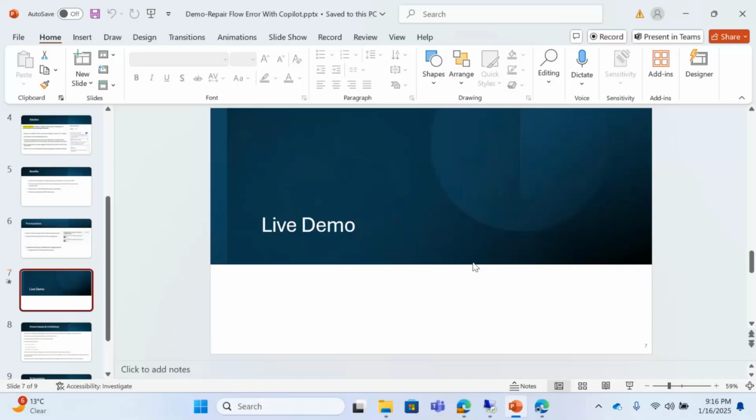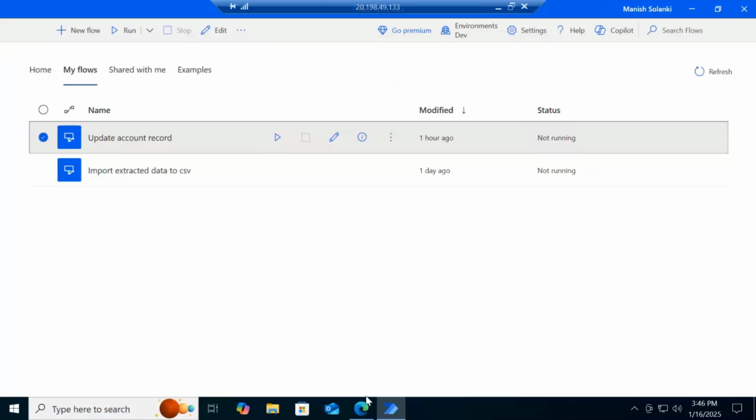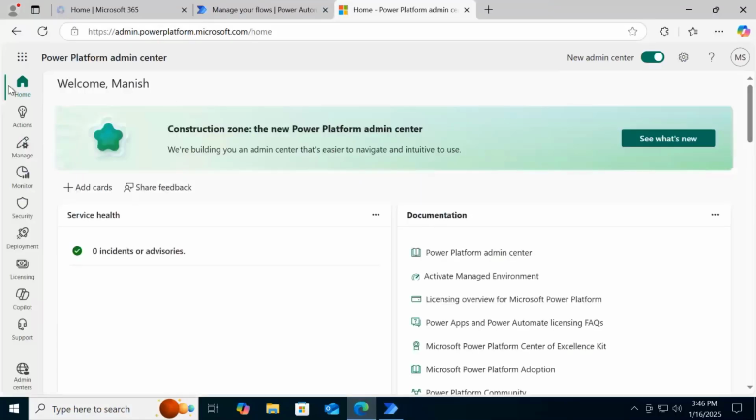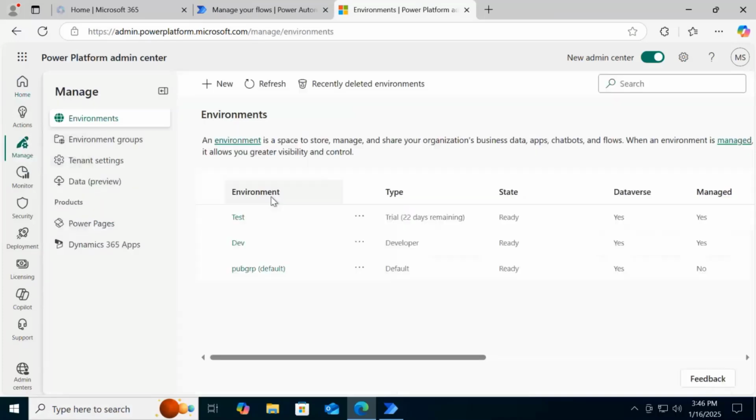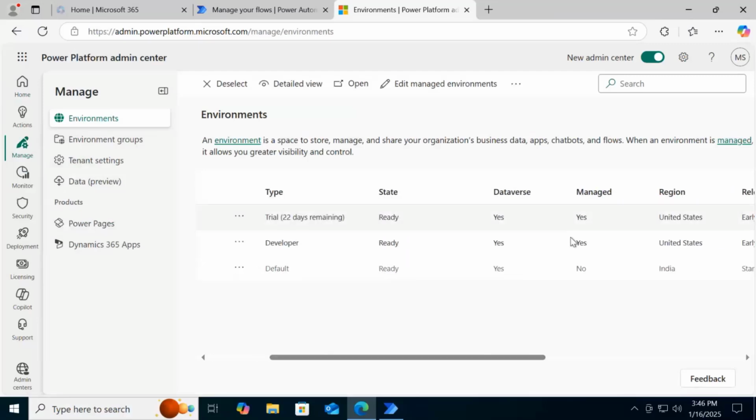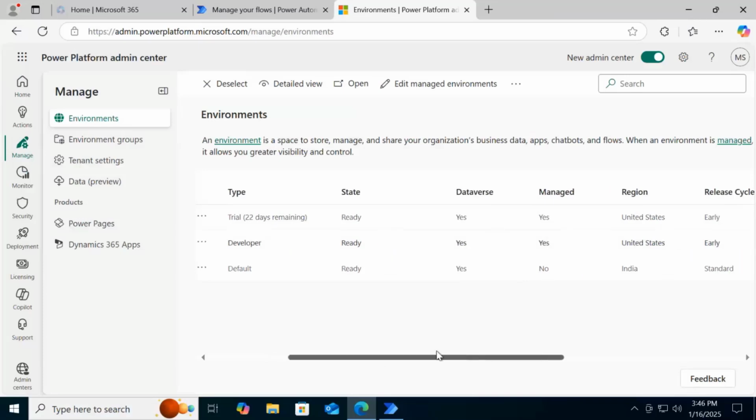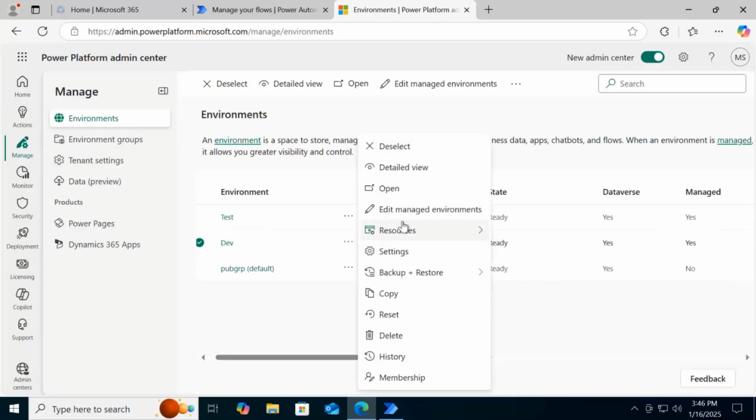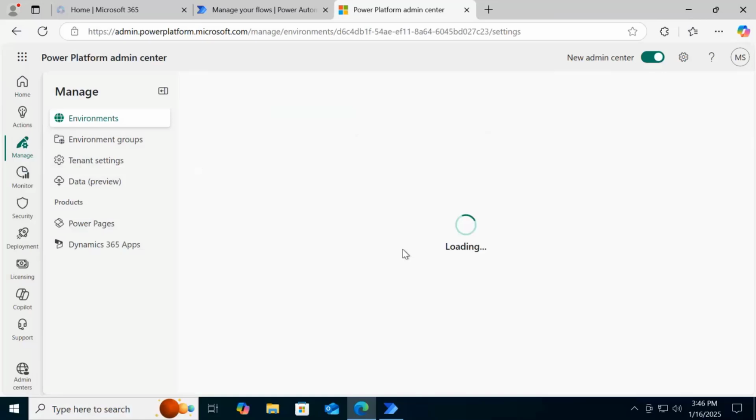Now I switch to the live demo. I will cover only the attended implementation due to time constraints. So I will first show you the prerequisite. Go to the Power Platform Admin Center, click Manage, and I'm using the dev environment. You can see it is a managed environment, and that is what we require for unattended runs. Then I will show you the settings that we need to enable for the Copilot repair error feature to work,